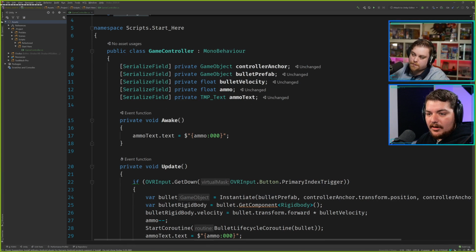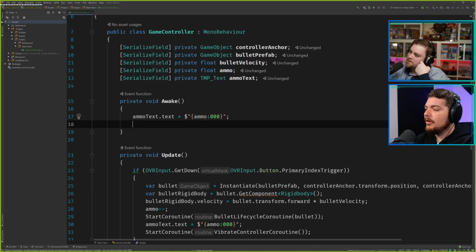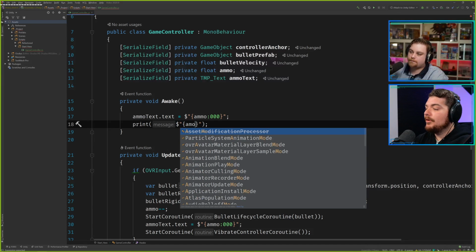I'm just gonna touch on something I just saw in the chat. Shattered Prism asked about the string interpolation. It was answered in the chat, but I thought I'd throw it up. The dollar sign string interpolation is a feature of C#. If you put a dollar sign in front of a text string, you can add curly brackets and put variables inside.